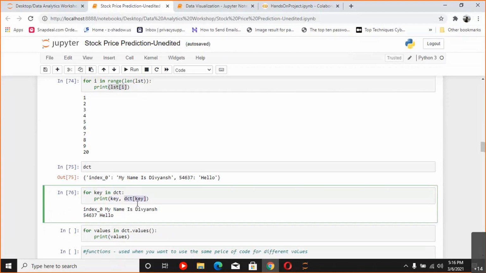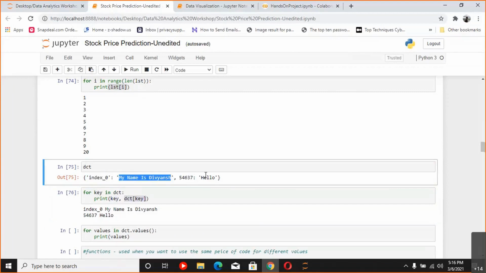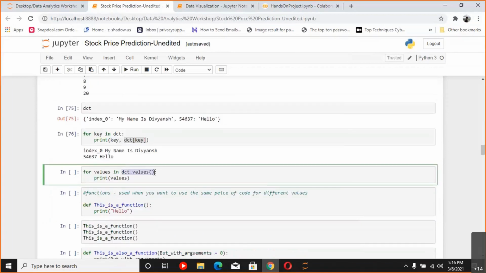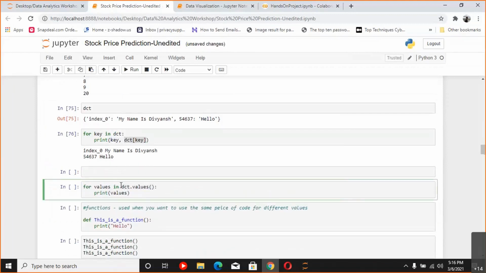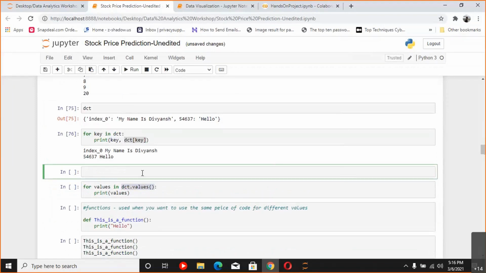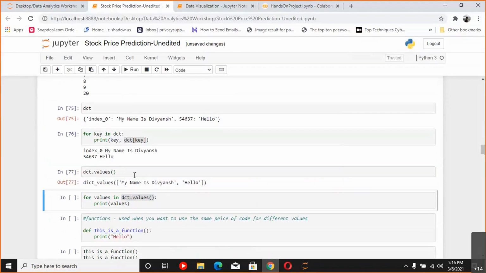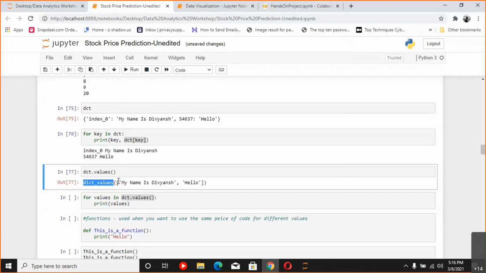And if you don't want to iterate over the keys, and you directly want whatever is stored in the values, like my name is Devansh and hello, then you can directly use dct.values. What this allows you to do is directly access the values that are being stored in the dictionary. If I just do it outside of a for loop for a second and show you, you can see this returns a dct values data type that has a list stored in it.